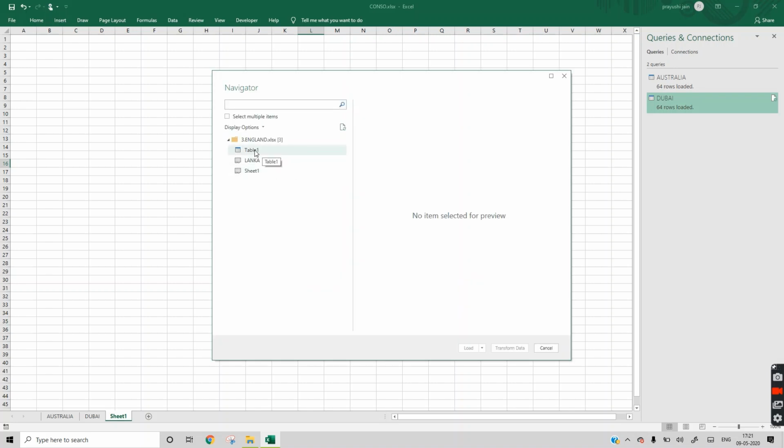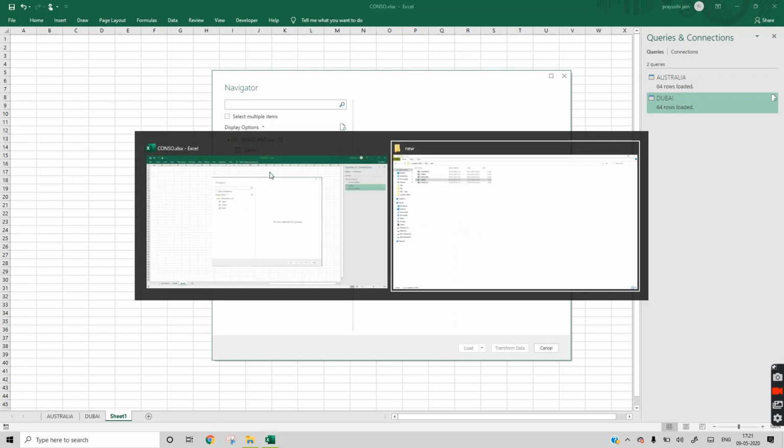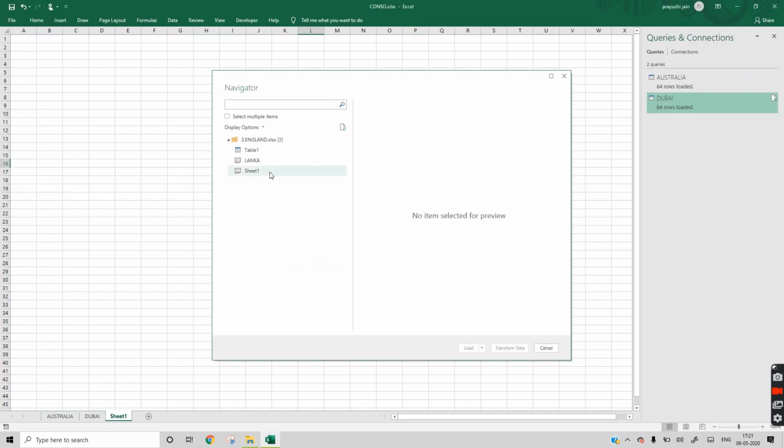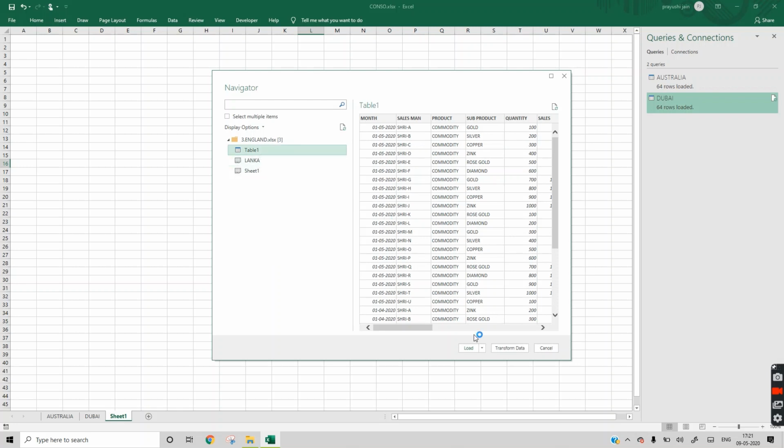As you can see, it is showing table 1 and Lanka also and sheet 1, because we have changed the file name but we have not changed the sheet name. I have not changed the Lanka name to England, so it is showing Lanka also. So we will select table only, it will not impact our data.